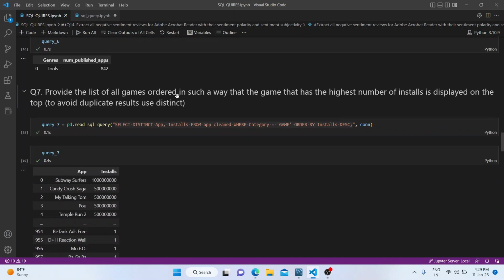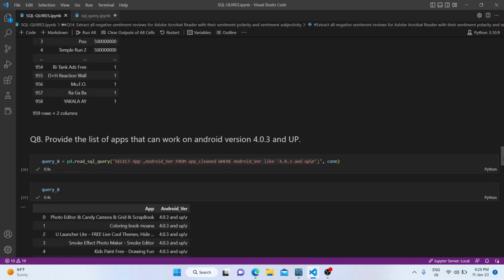Provide the list of games ordered so that the game with the highest number of installs is displayed on top. To avoid duplicate results, use distinct. So we have apps like Subway Surfers and Candy Crush with this many installs. Next, provide the list of apps that can work on Android version 4.0.3 and upward.